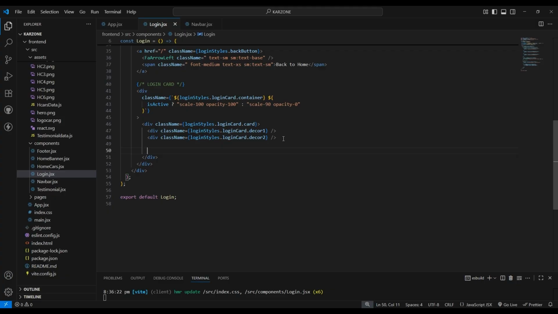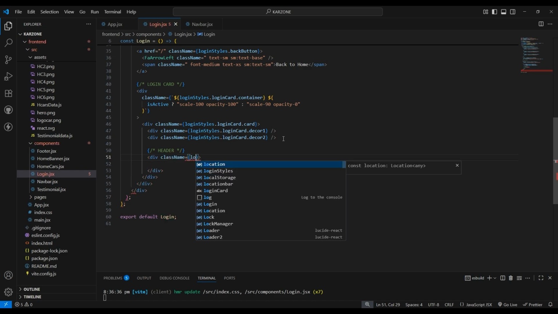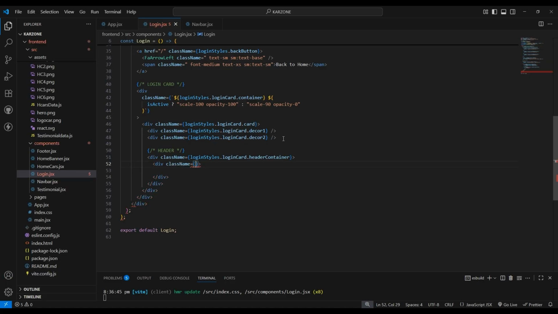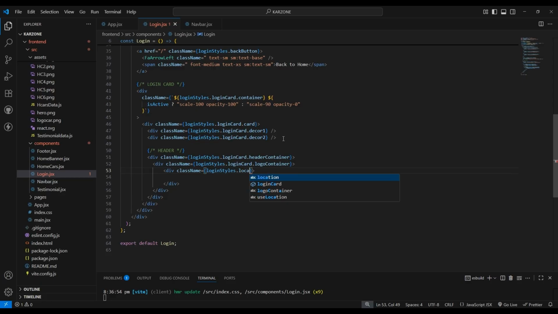Now after this let's create our header. Now let's create a div tag here, give class name, and now inside this just type a login styles dot login card dot header container. Then inside this another div tag, give class name. It will be login styles dot login card dot logo container. Then inside this another div tag, give class name. It will be again login styles dot login card dot logo text. Now